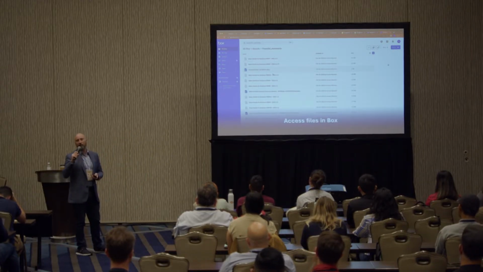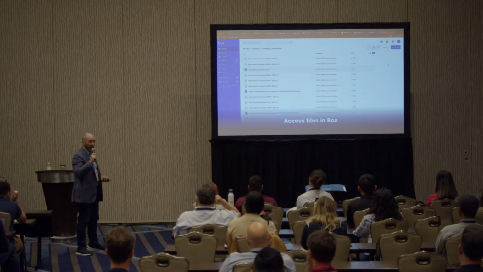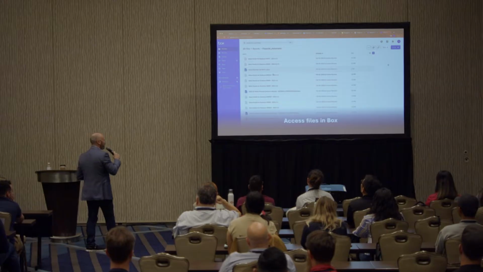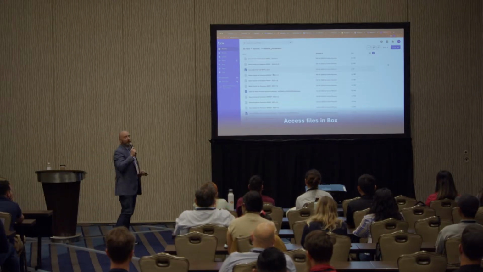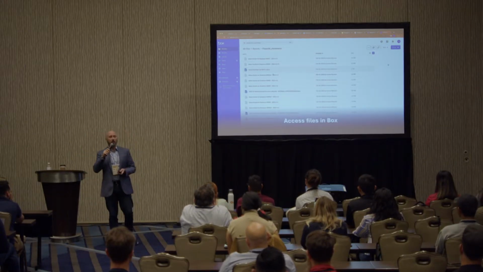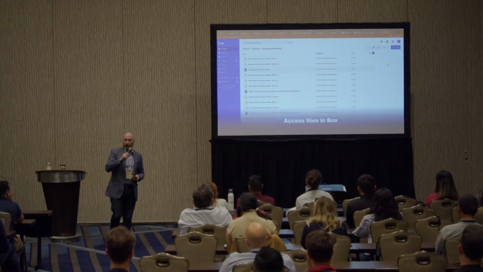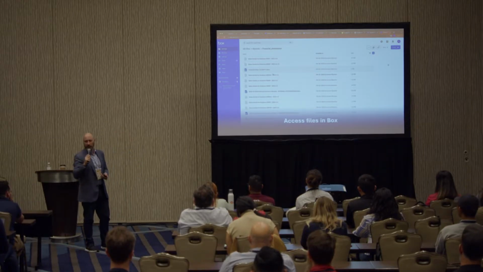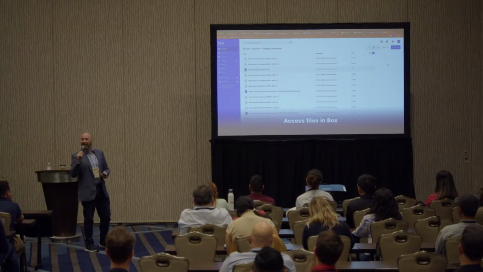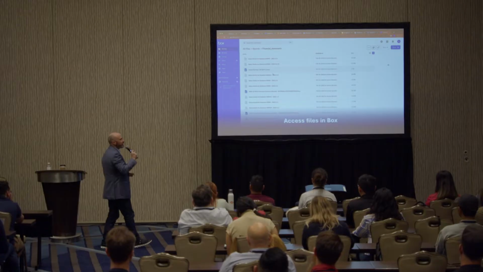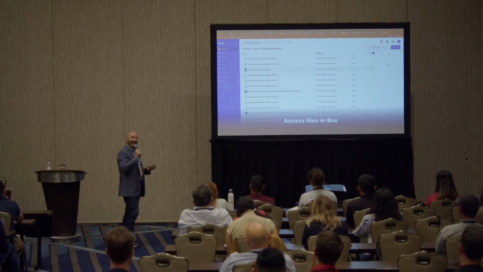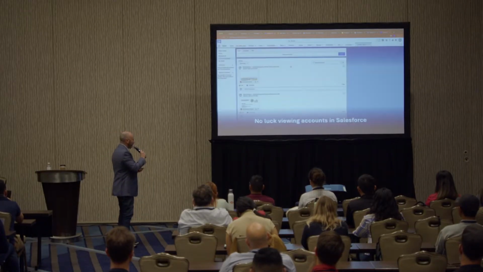Stealing data in Box is basically as easy as right-clicking and creating a link, or I can download the entire repository. There's lots of ways to get these files out. I could do the same thing if this was OneDrive or Dropbox or G Drive or anything else. So I'm not going to belabor this one. This one's relatively easy. Logged in as Jerome. Now, Jerome's a DevOps person. He probably has a lot of really interesting stuff in his Box. I might find more credentials. I might find other secrets that I could use to move laterally and get access to other apps. But I'm going to move on from Box.